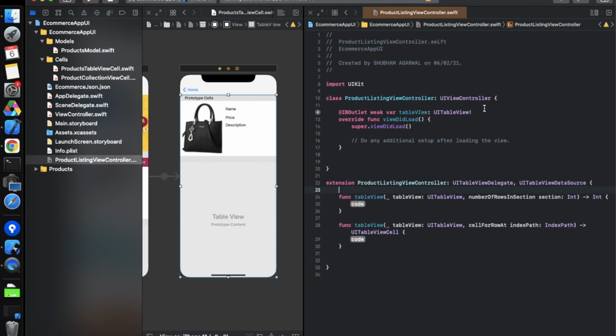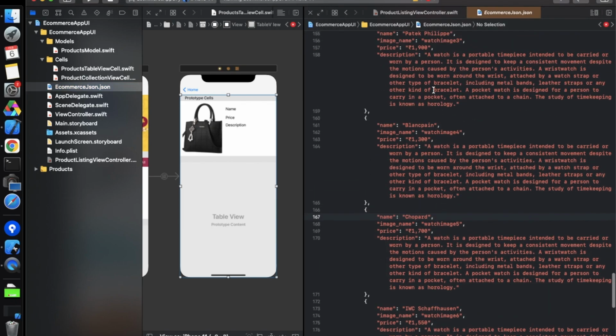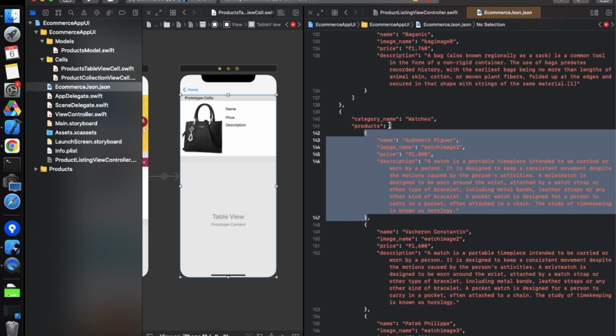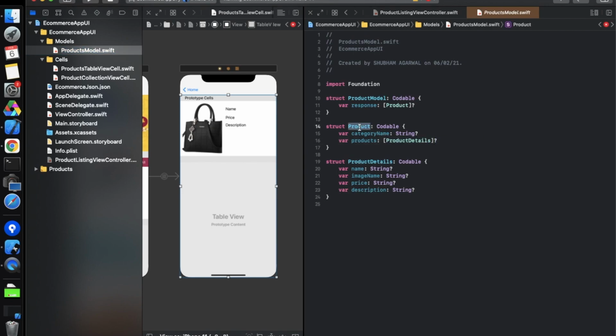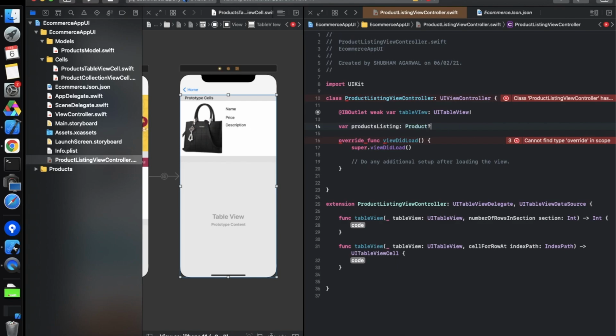And over here we have to create one more property. It is also of a product type. So simply we have to define it, and let's see the JSON file for that. It should be of this kind. This is a product listing, right? Not this one, this one. So we have to move to the model file to see which it is. So it's a product, right? So we have to use a product over here, something like this.